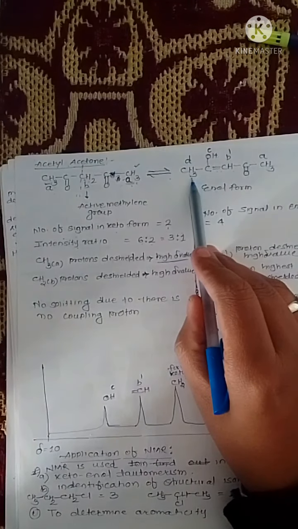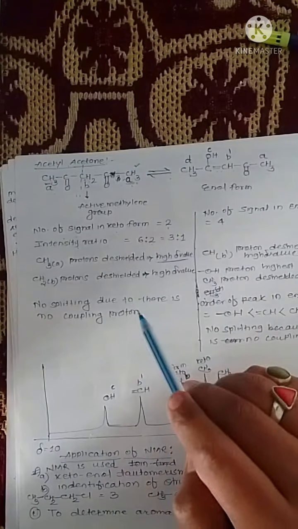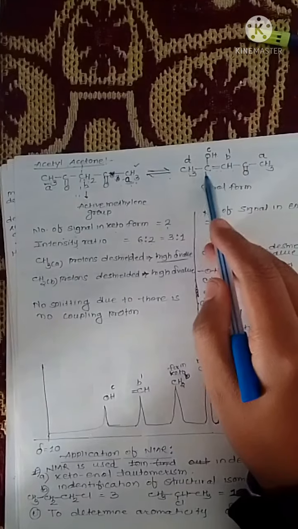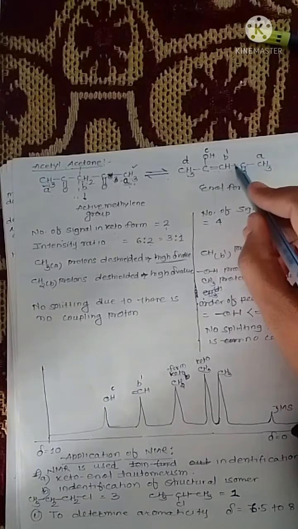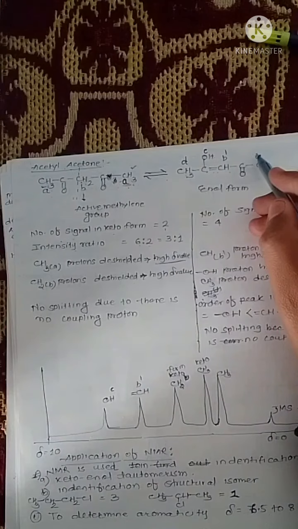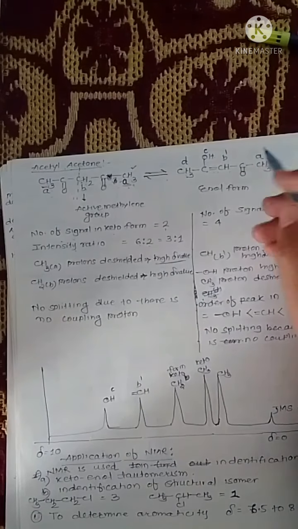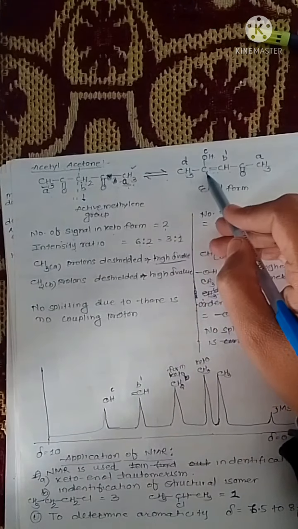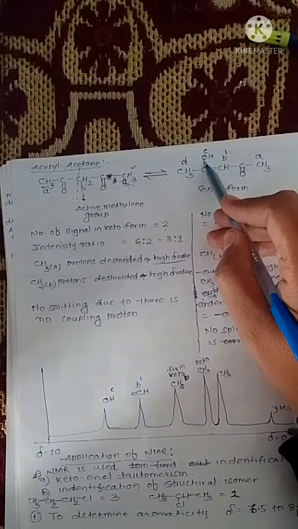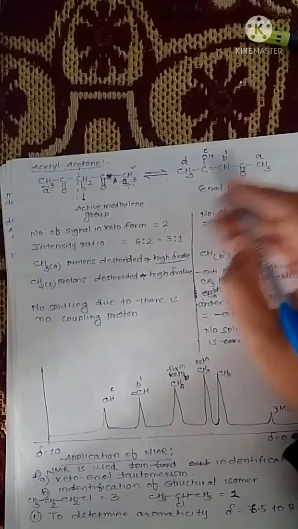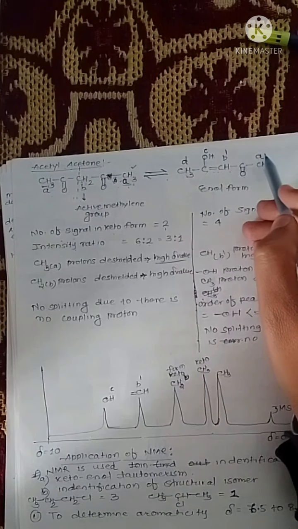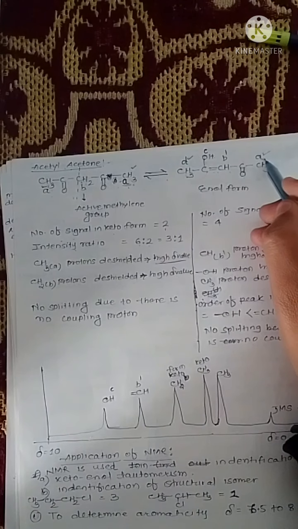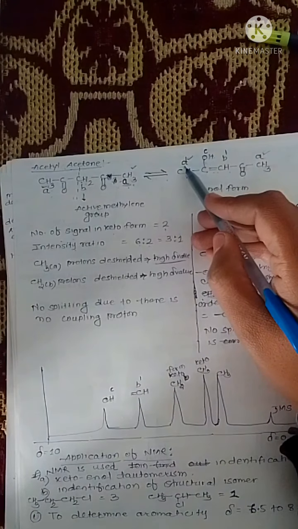Now we see the structure of the enol form. From this enol form we know that there are 4 different types of proton, that is 4 different non-equivalent protons. This CH3 is attached to the carbonyl group, while this CH3 is attached to a carbon which is attached to the OH group. So the environment is different for this methyl and this methyl, that's why in the enol form these two methyl groups give 2 different